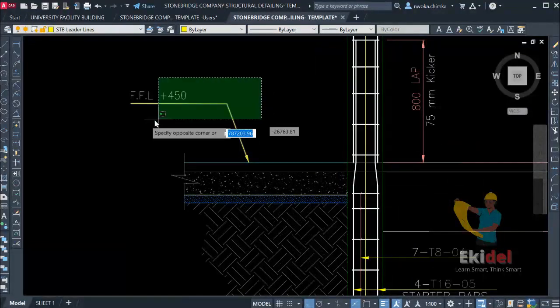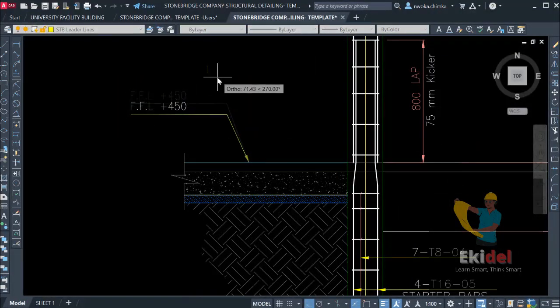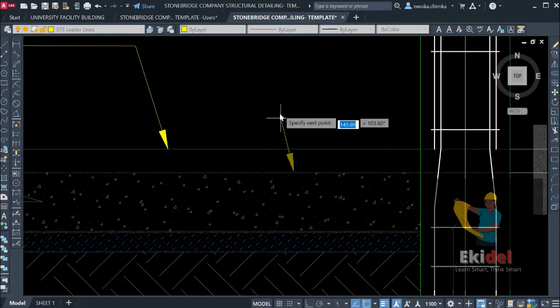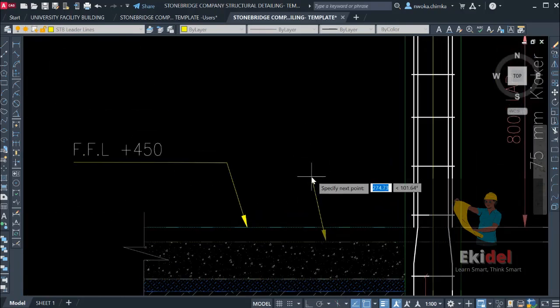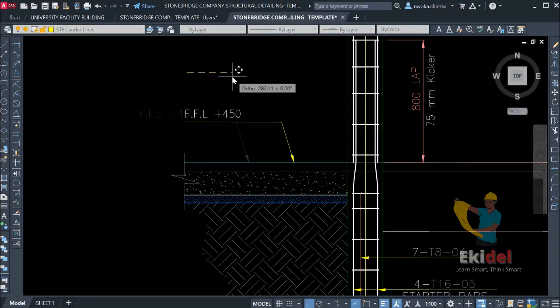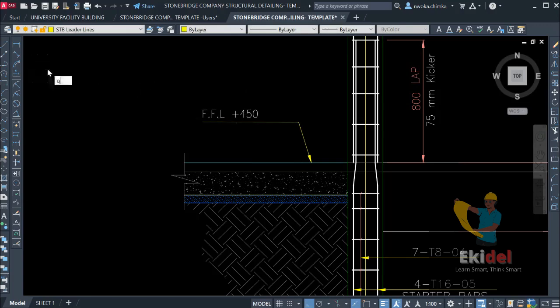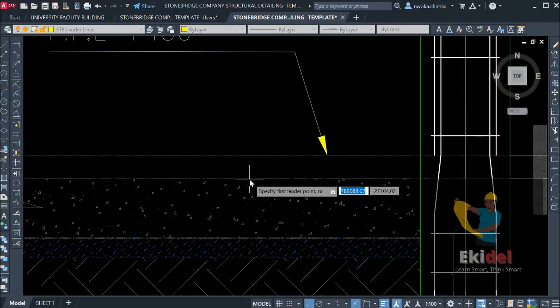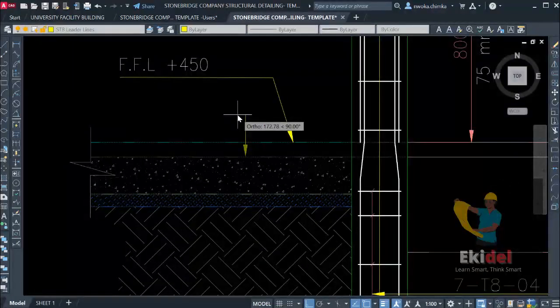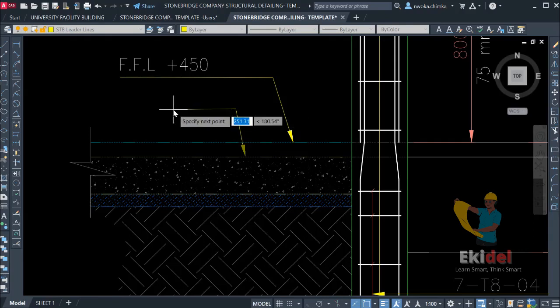Okay, so right now we can also stretch this back downward and keep this here, and then go again, QL, enter, and then show this dimension from here to here. I like to show it inward. So I'll just bring this one first of all inward, inward again, and keep this one here, and then show QL, enter, and then show just below this my FFL. I'll just do like this right now, and then do like this a bit, and then just keep this directly here, and I'll just copy this, copy this, and then keep